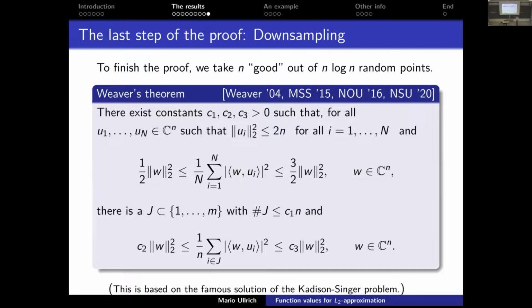You get that there exists a subset of optimal size, of optimal dimension, such that you have basically the same up to constants. This result is not even amazing. I would even say if you ask someone from 15 years ago, they would not believe you that this is true, right? There were many people thinking that Weaver's conjecture is just wrong. But this is an amazing result and a very, very powerful result, especially in our setting.